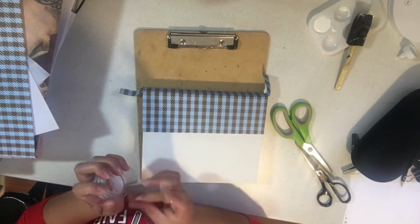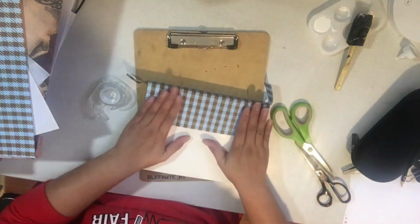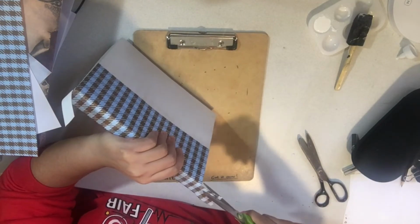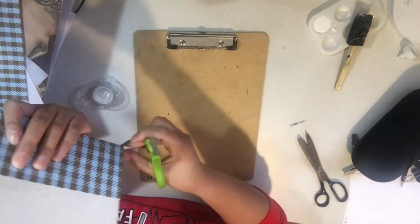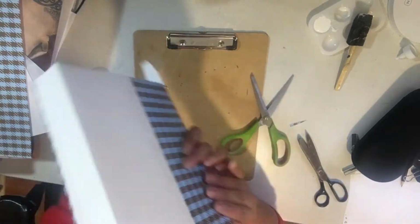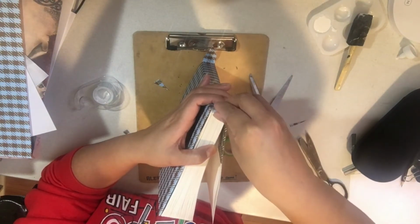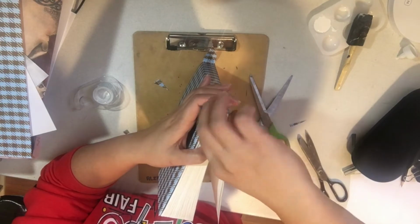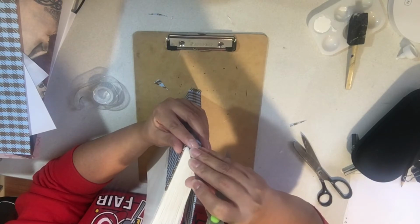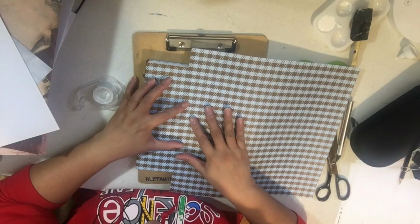So what are we going to do with this flap on the other end? I call it ears. So what we're gonna do is fold it and tuck it inside the skeleton or the backbone. You can also cut it, but I don't want to because you can see the red color. So I'm just gonna tuck it in like that. Do it for both sides, and there. So just make sure everything is tucked in. And yes, I'm done and ready to